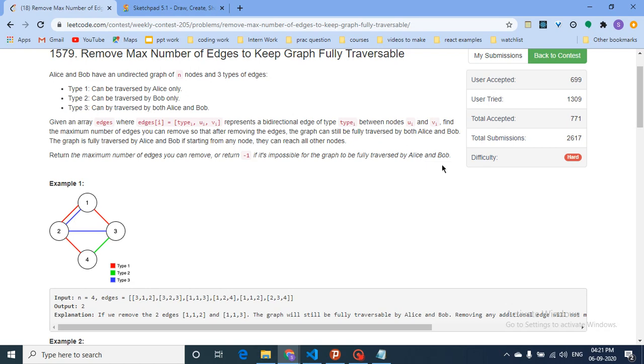Now in such type of question, in which you have to remove some edges or add some edges such that they will form a connected component, DSU is used. I have already made 2-3 videos making you understand how DSU works. There are 2 or 3 operations in DSU: find operation, join operation, count operation. If you understand those operations then DSU problems are very easy.